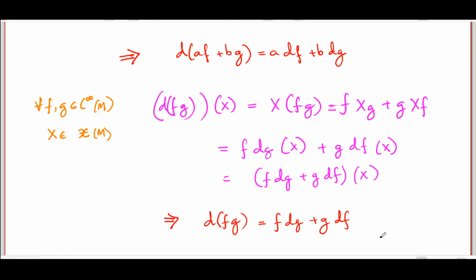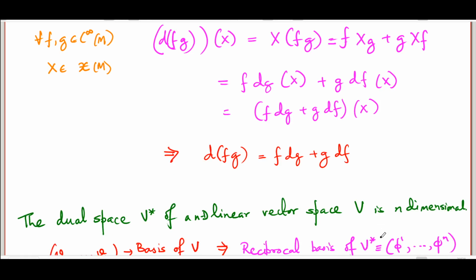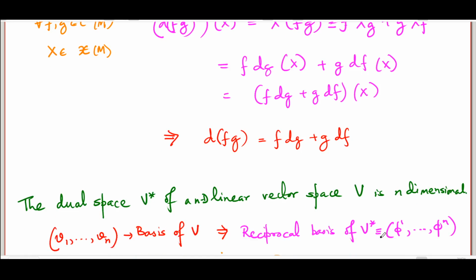We will next turn to the issue of how to describe covectors, covector fields, and differential forms in terms of coordinates. Now let me remind you that the set of covectors form a dual space to the set of tangent vectors, and we have already discussed in the last lecture that the dual space V star of any n-dimensional linear vector space V is also n-dimensional. What is also quite important is that if you are given a basis v1, v2 up to vn of V, you can use it to construct a basis of V star, something which we call the